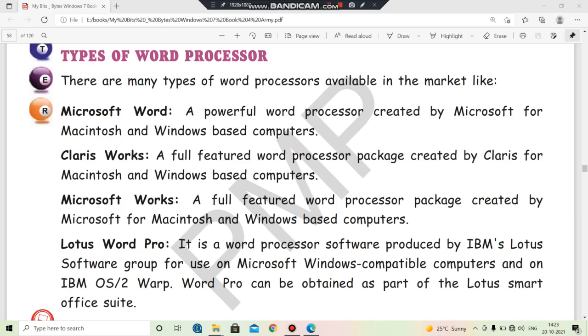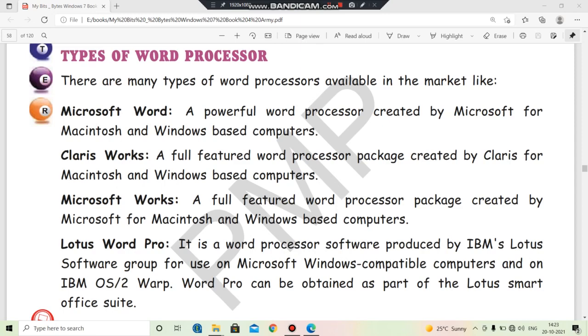Microsoft Word किसने create किया है? Microsoft ने. It was created by them for Macintosh and Windows based computers. These are the two operating systems that were used in computers, and Microsoft Word has been created especially for these two, Macintosh and Windows based computers.